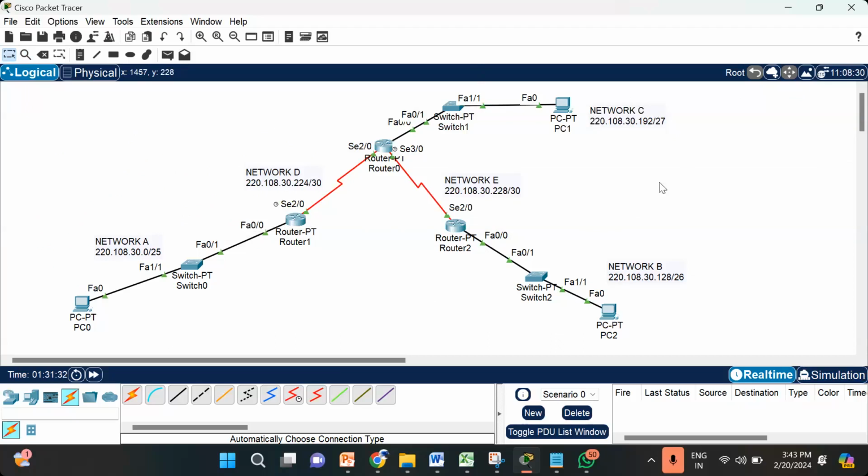Suppose you are doing a VLSM topology in a packet tracer, it's better that you write it down first on a note and then you take it up. Fine. So with this, we come to a conclusion of this class. So what is expected out of the class is